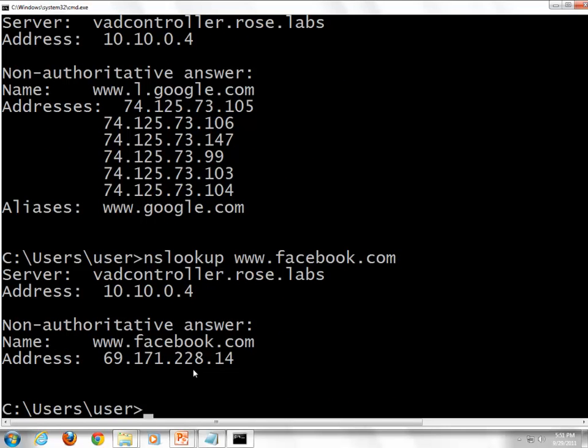Now, wait a minute. One thing you also might want to think about is they also go by region. They know where I'm querying from. Maybe in this area, I hit that one IP address. But maybe if you go out to the East Coast and do the same command, you get a different address. So it really depends. It can be configured in multiple ways. That does not mean there's one Facebook server in the world. I mean, there's no way. It would literally be dead. But what that means is in this area, there's probably one.